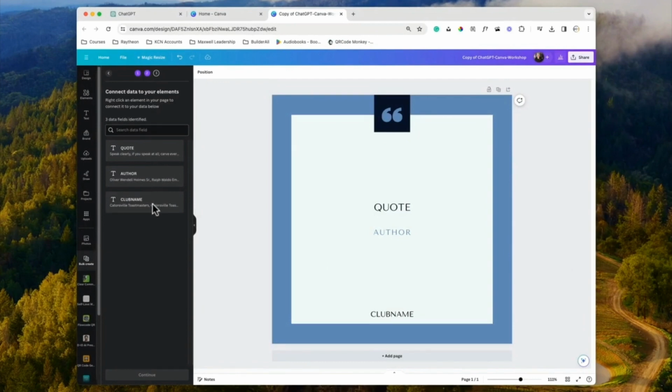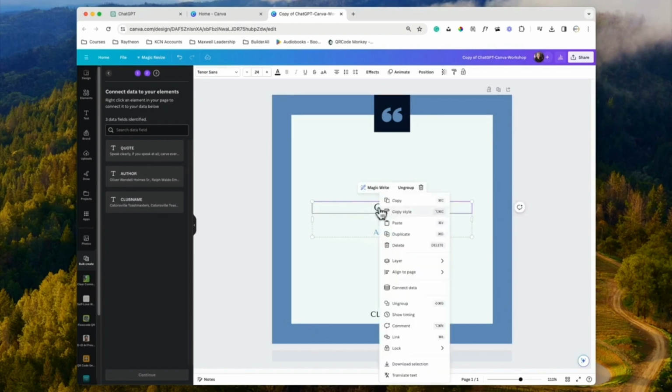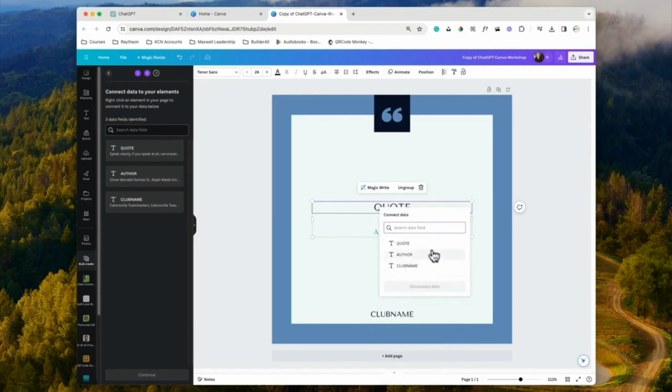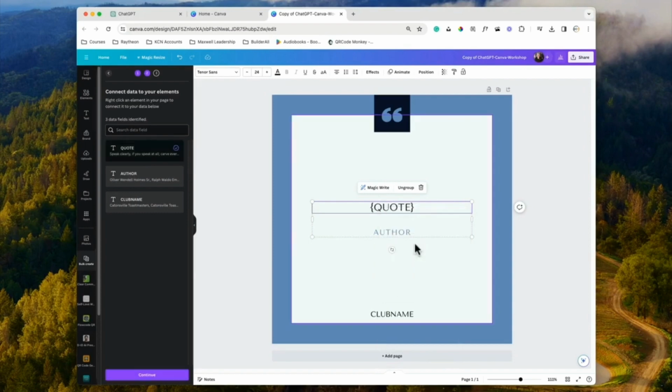Now, what I need to do is connect the data from this to the corresponding information in the spreadsheet. I simply highlight the text box, right-click, connect data, and you can see it has quote, author. I select quote.